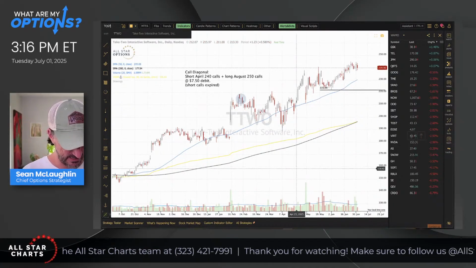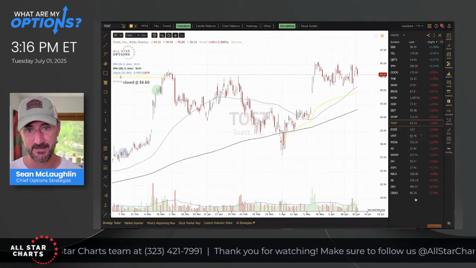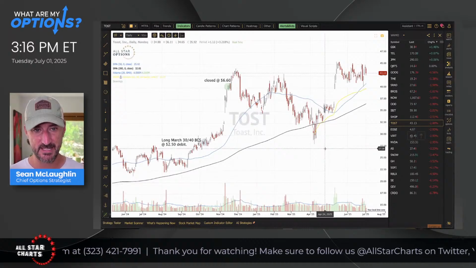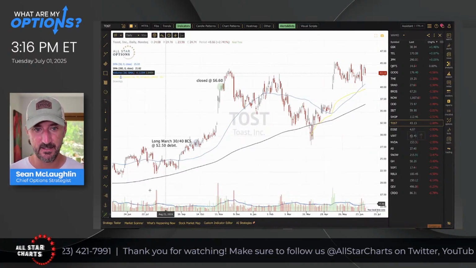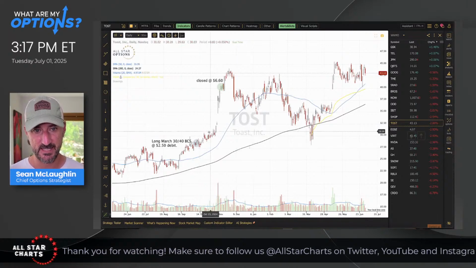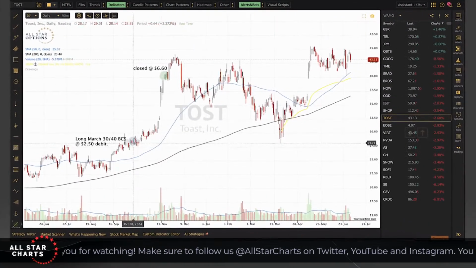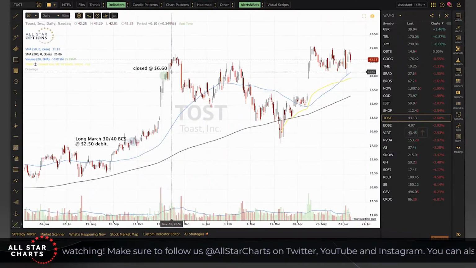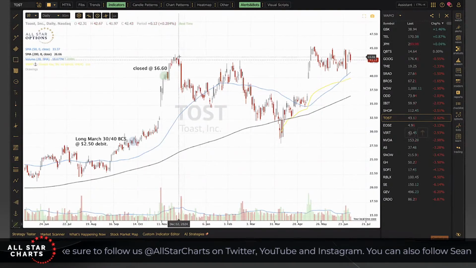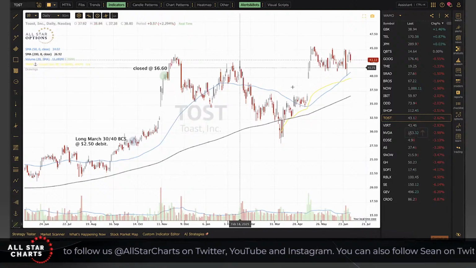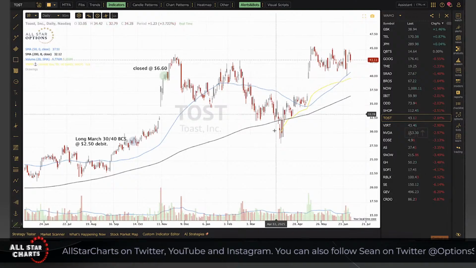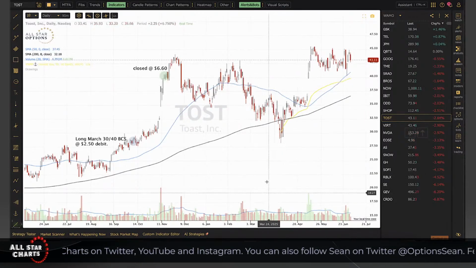Now let's get to a current example, or a trade idea that somebody was asking about. They wanted to ask about Toast, T-O-S-T. You can see here, we had a big run up at the end of last year. In fact, it was a trade I was in. I've got the details here. It was a bull call spread that I bought for 250 and sold for 660 a little later on. I could have held out for a little bit more gains, but I'm glad I got out when I did, because I would have got caught in this and the position never would have regained, I don't think.